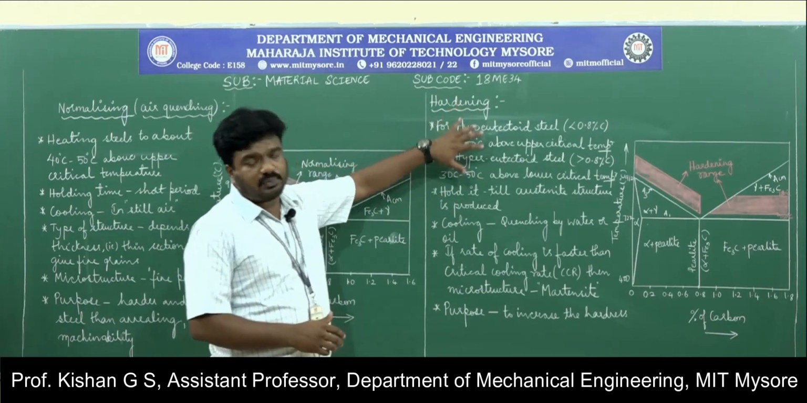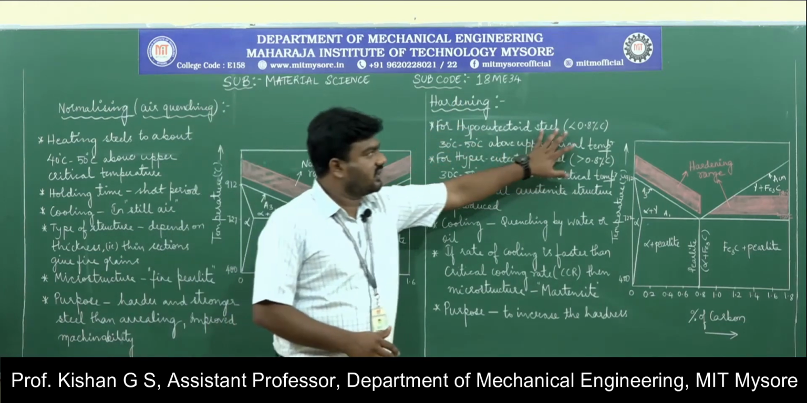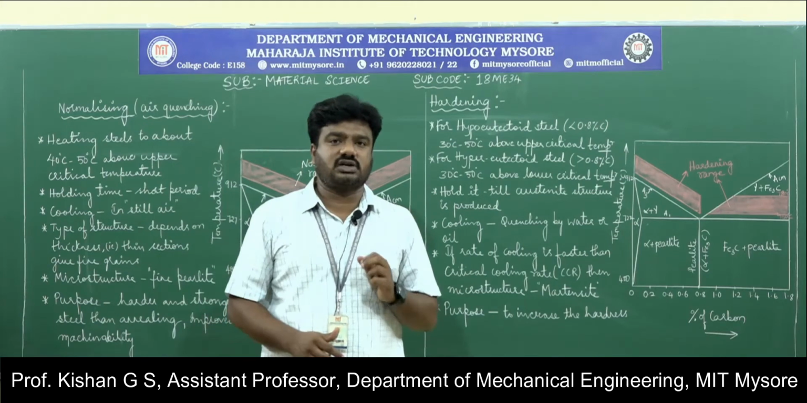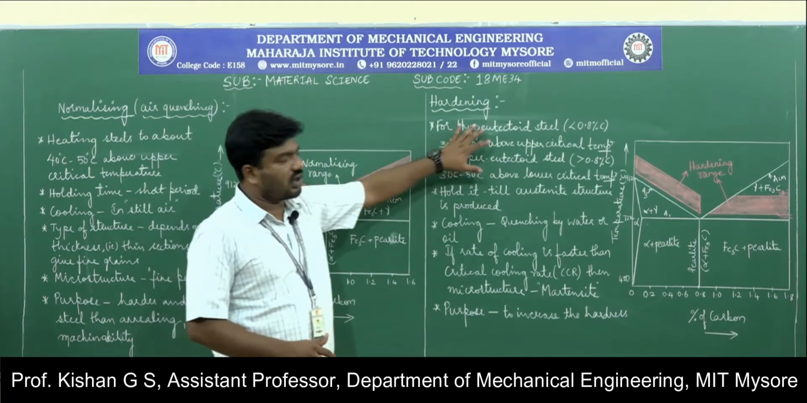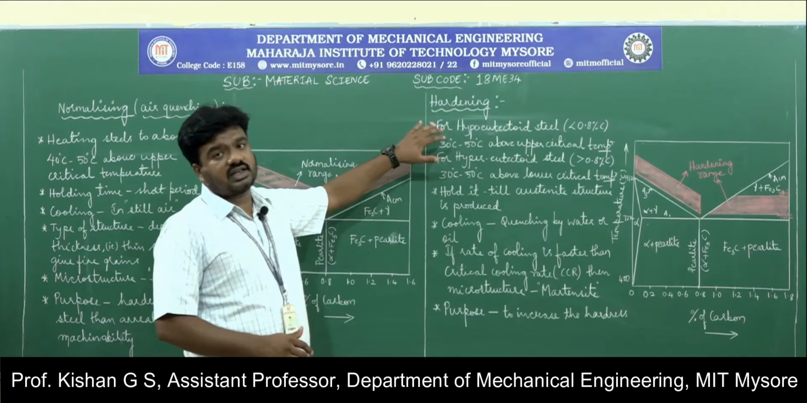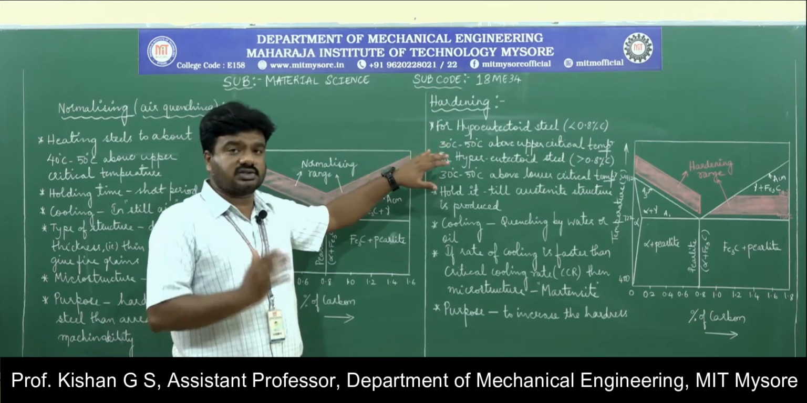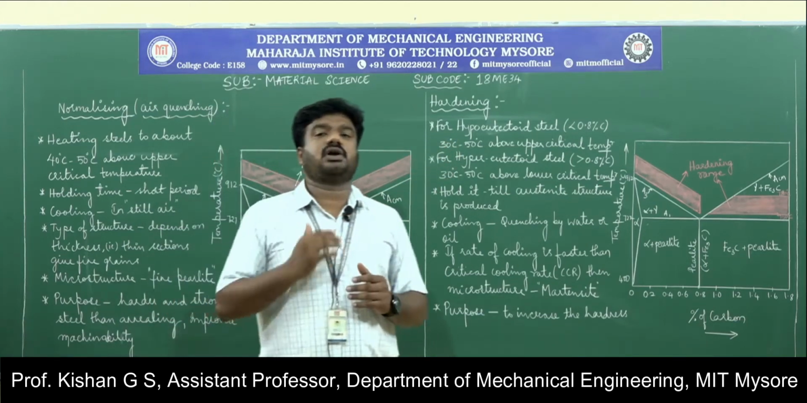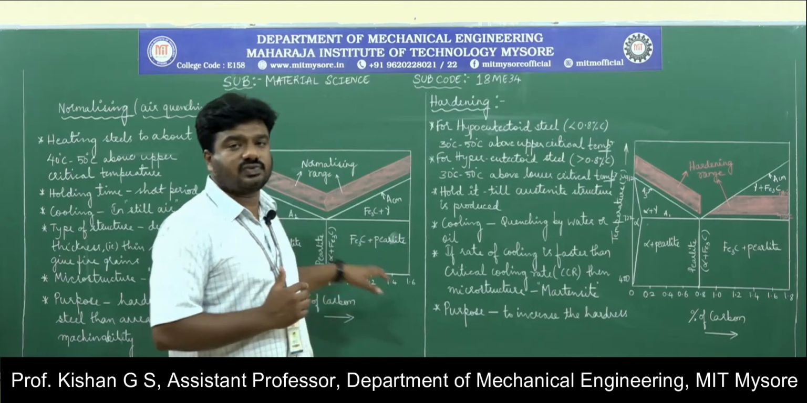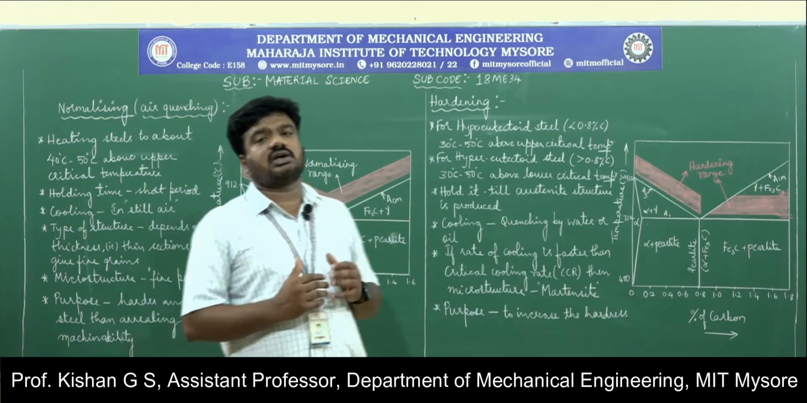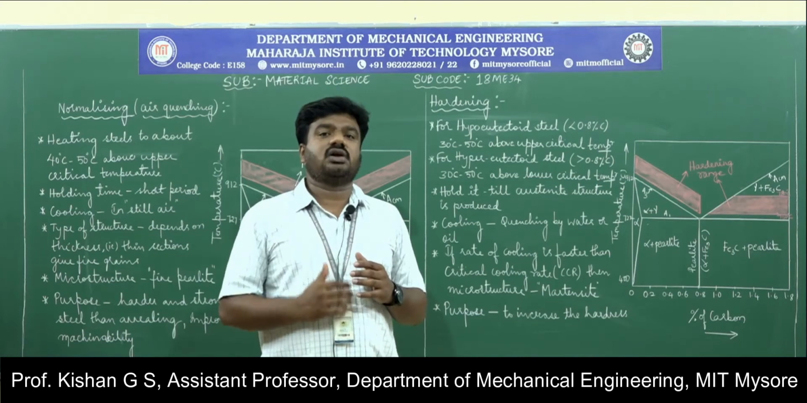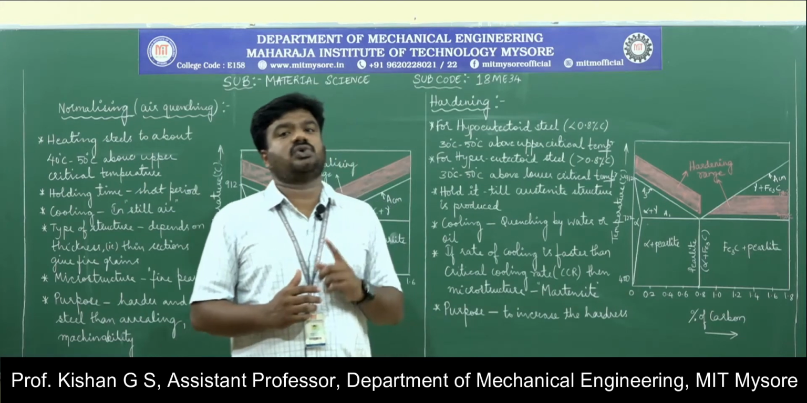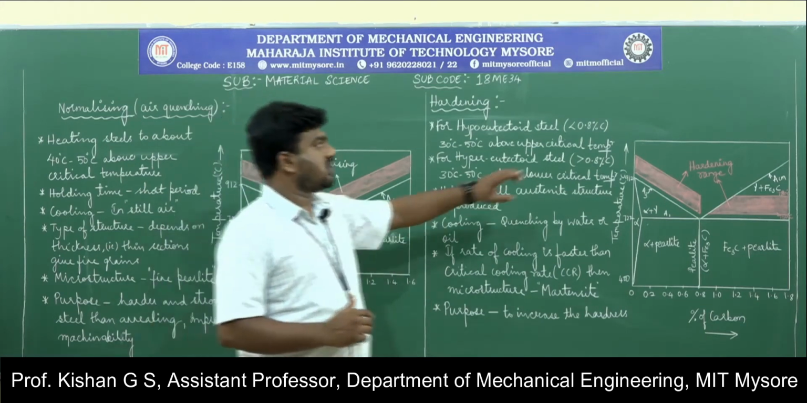For a hypoeutectoid steel, that means the steel which consists of carbon content less than 0.8%, is called hypoeutectoid steel, and the temperature range to be considered is 30 to 50 degrees Celsius above the upper critical temperature. So just like in the case of normalizing, if you heat the material 30 to 50 degrees Celsius above the upper critical temperature, it goes with the heating temperature for hypoeutectoid steel, that is steel which consists of less than